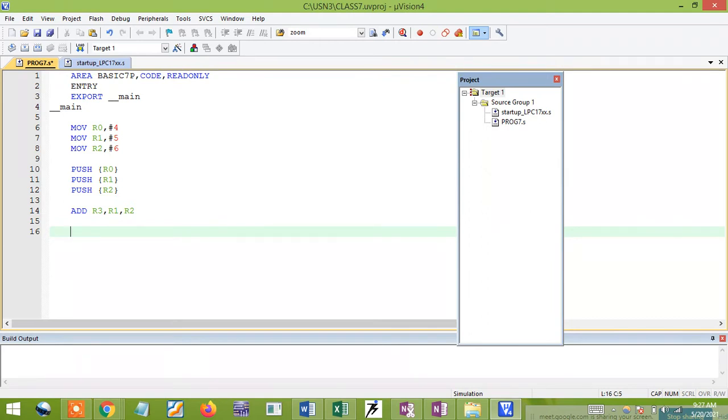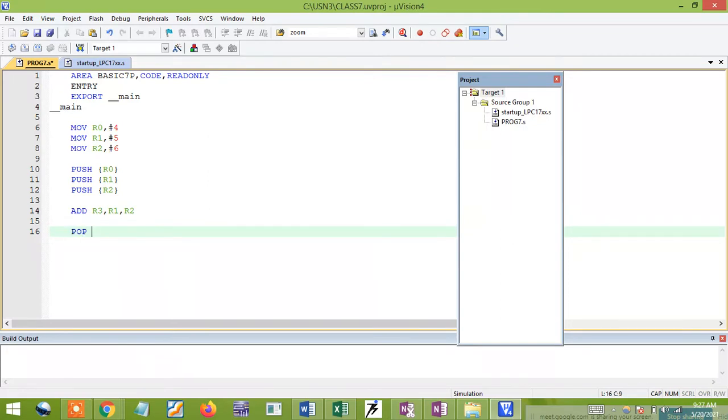You already stored the R0, R1, R2 values inside the memory, so I'll pop and get back the data from the memory into different registers. If you want, you can use the same registers, but the data will overlap. In order to show the difference, I'll take some other registers.